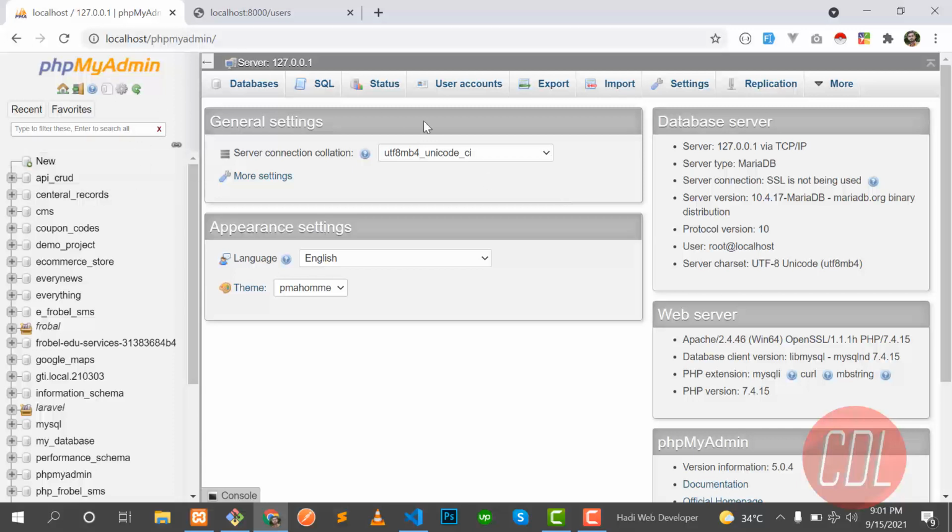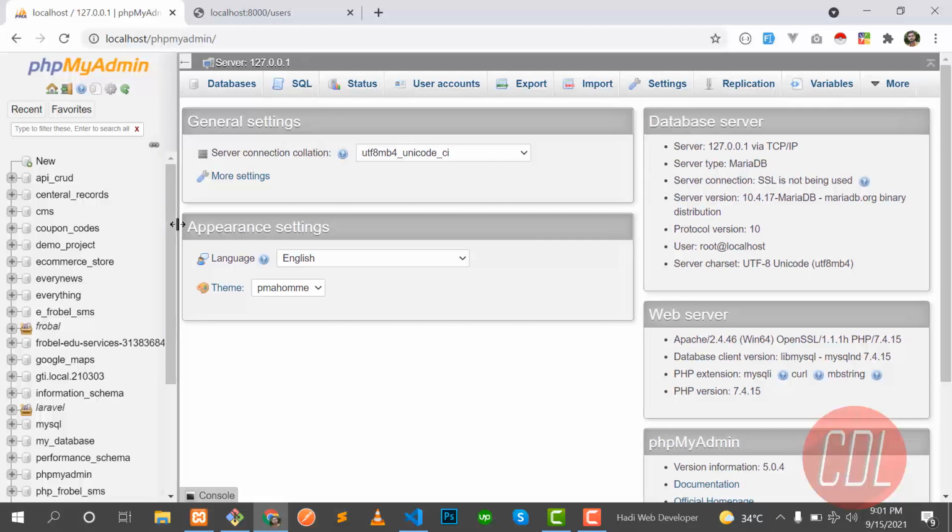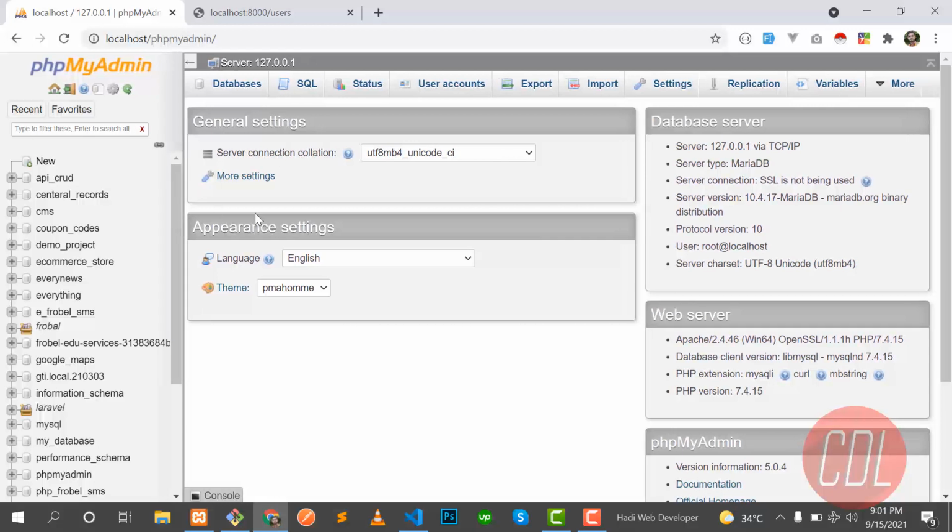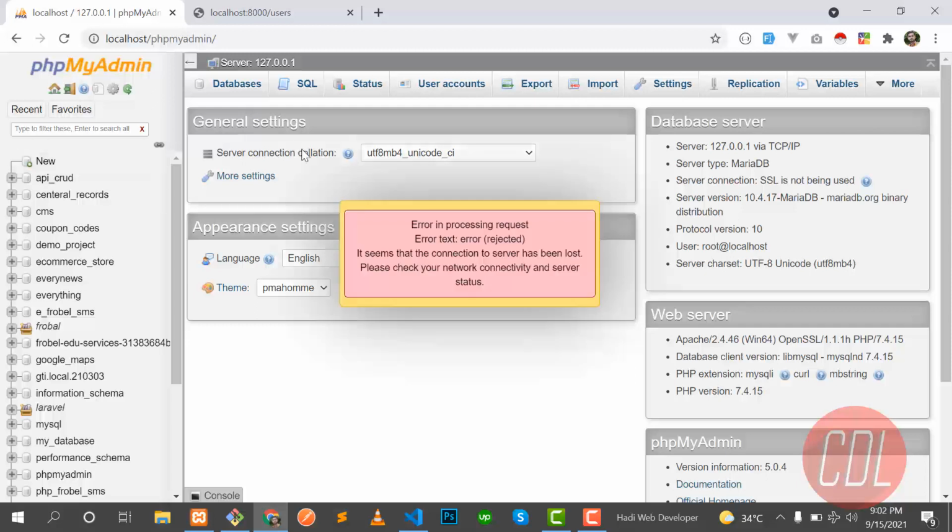Why did I choose MySQL? Basically, MySQL is used for both small and bigger projects. Even if you are a single developer, you can work with MySQL, and you can also work with a teammate using MySQL. That's why I chose MySQL, and most projects use MySQL, right?